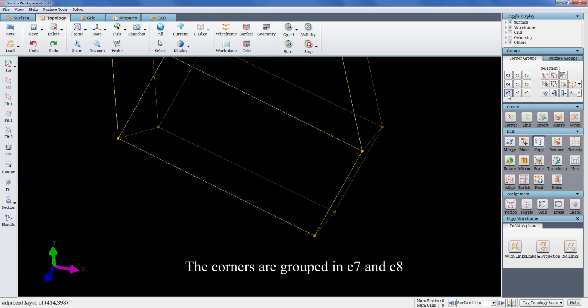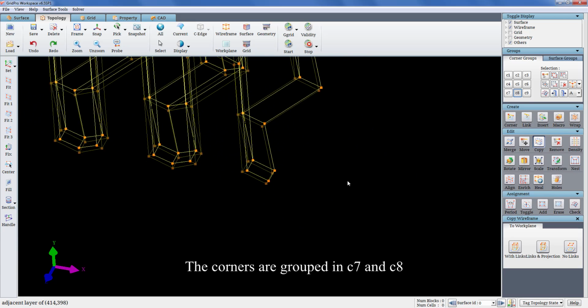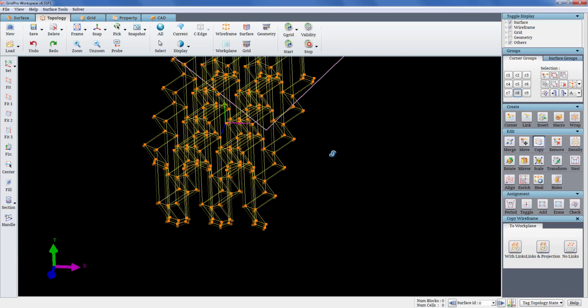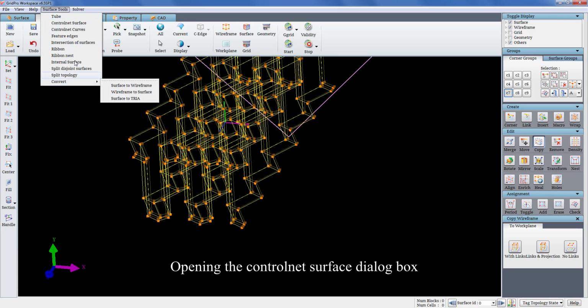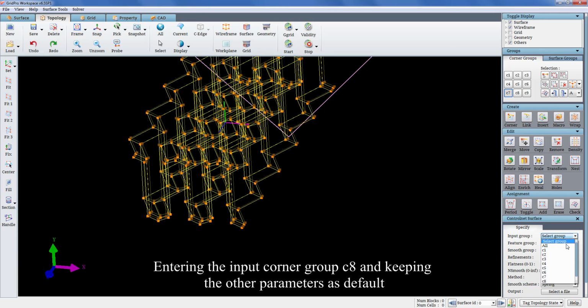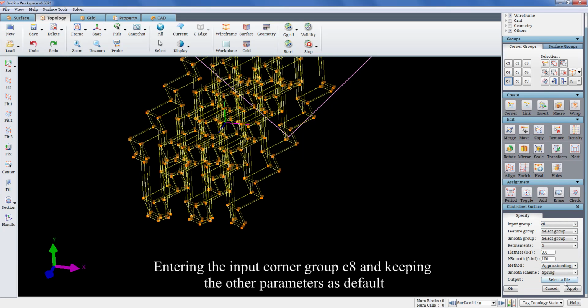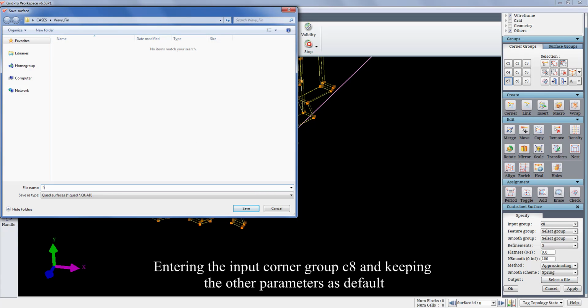The corners are grouped in C7 and C8. Opening the ControlNet surface dialog box. Entering the input corner group C8 and keeping the other parameters as default.